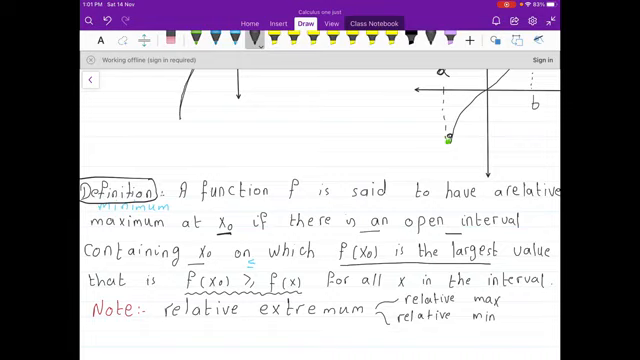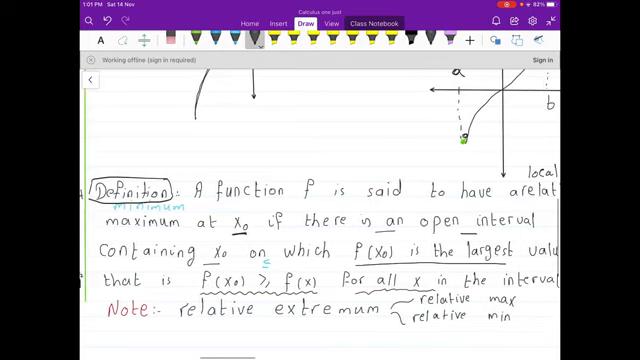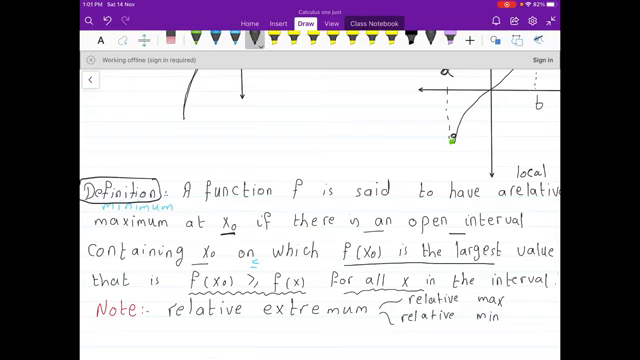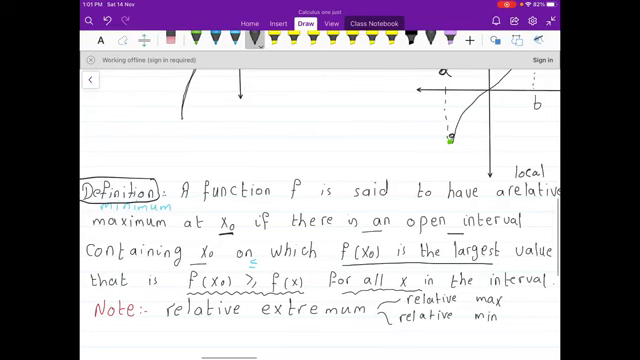معناته سوف تكون relative maximum or local maximum if it is f(x naught) greater than f(x) for all x in the interval. This interval contains x naught. And we say that a function is said to have a relative or local minimum